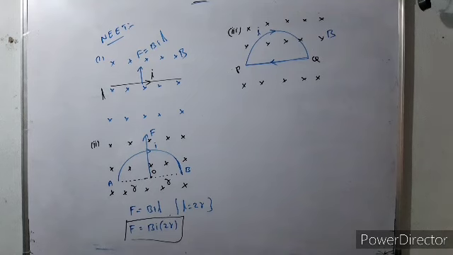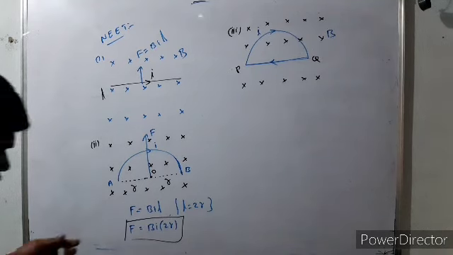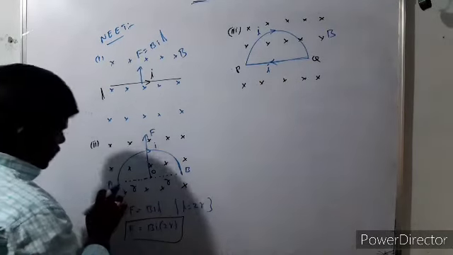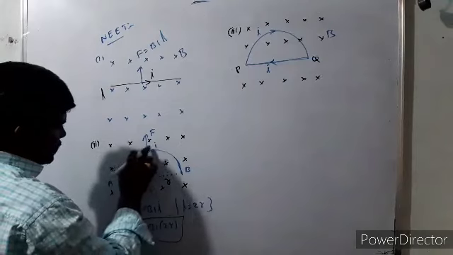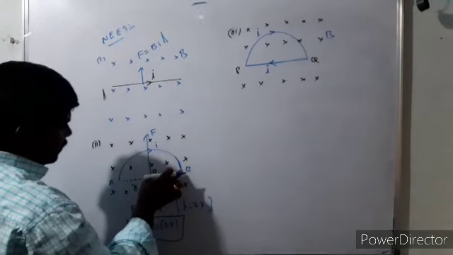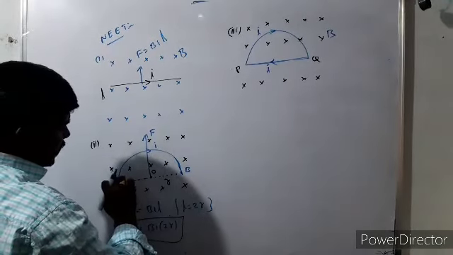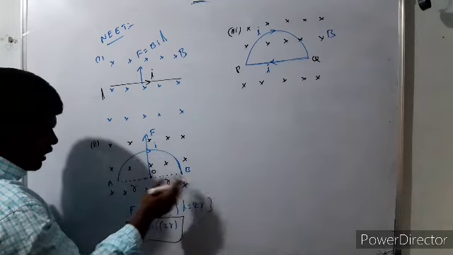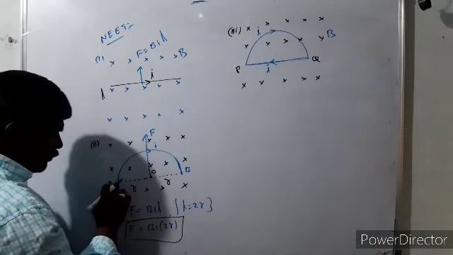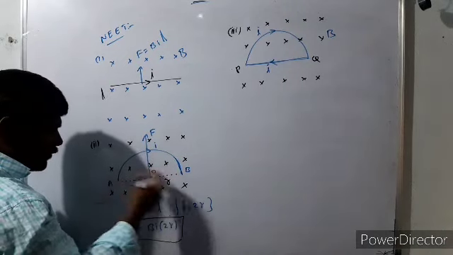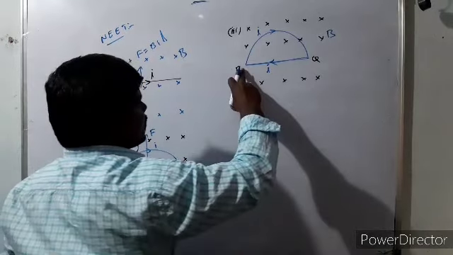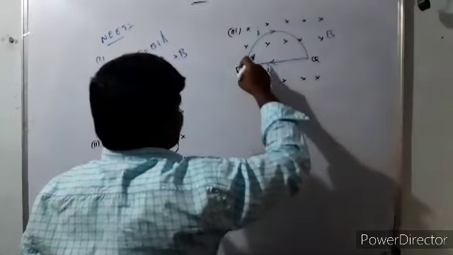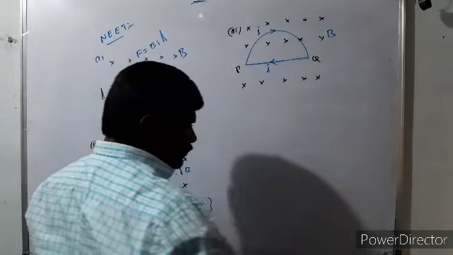Here, does the current in the conductor form a closed loop? If you see here, the current is flowing from point A to B along the conductor only. The current does not form a closed loop. That means the current does not return back from B to A. But if you observe here, the current is flowing from P to Q, and next from Q to P. That means the current is forming a closed loop.